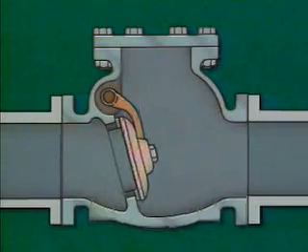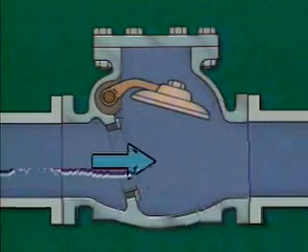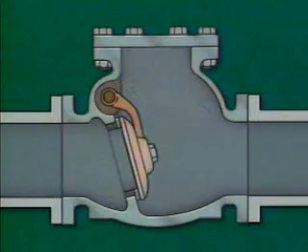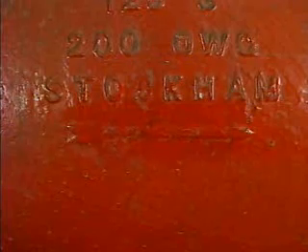A swing check valve, like other check valves, must be installed so that the direction of flow is under the disc. This disc position is necessary to allow fluid flow to raise the disc. It's also necessary because the disc depends, in part, on the force of gravity to pull it down onto the seat. The direction of flow for a check valve is often shown with an arrow cast into the outside of